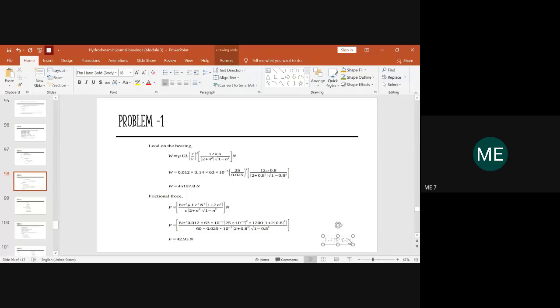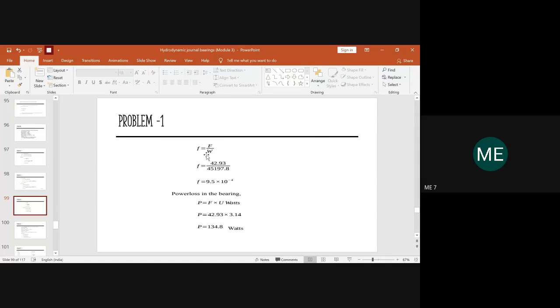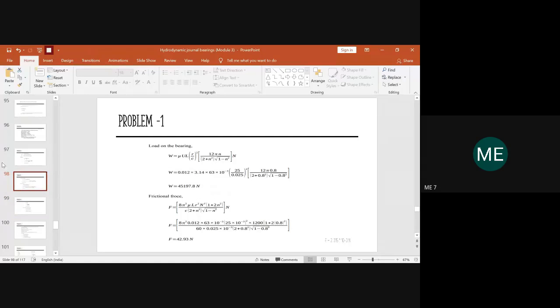It is not taking specifically. Let it be 10 to the power of 3. So now come for the equation here for coefficient of friction. Substitute the value of the frictional force divided by the load bearing value. So this value remains the same, you have got the same answer. Only thing, change the value over here as 2.315 into 10 raised to power 3